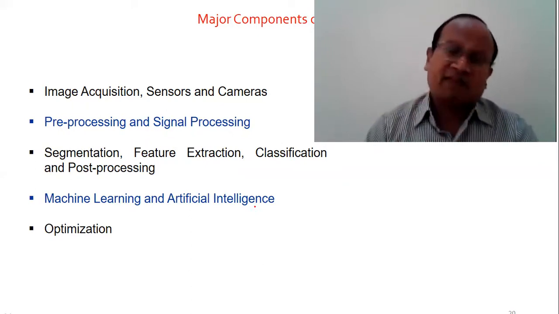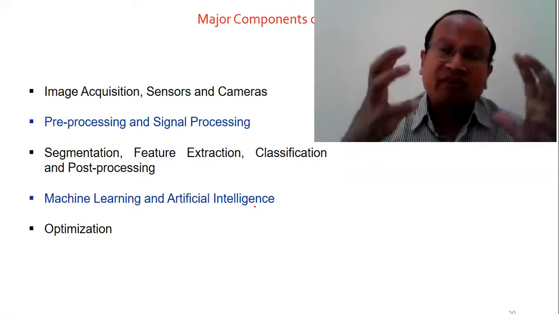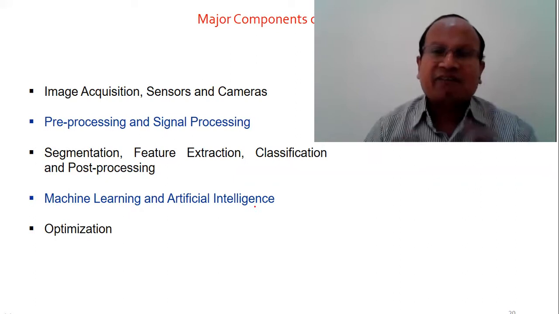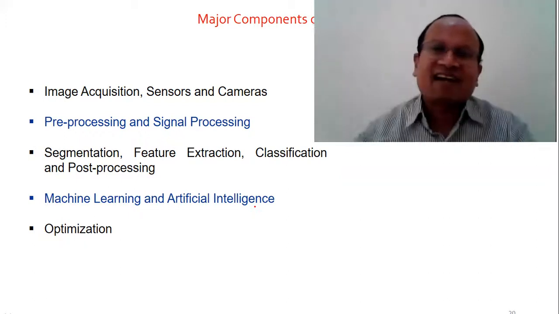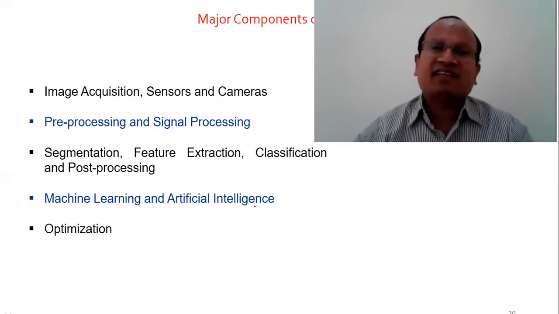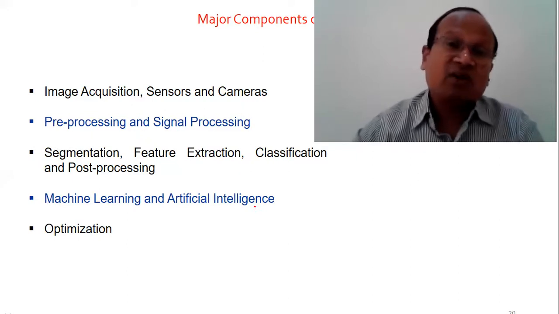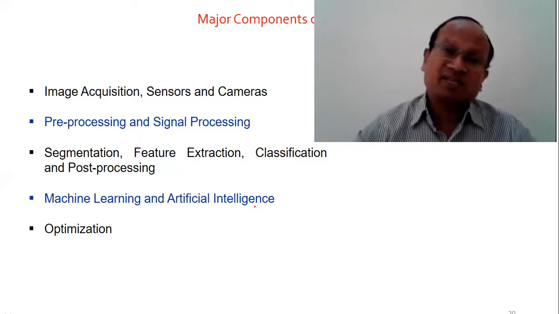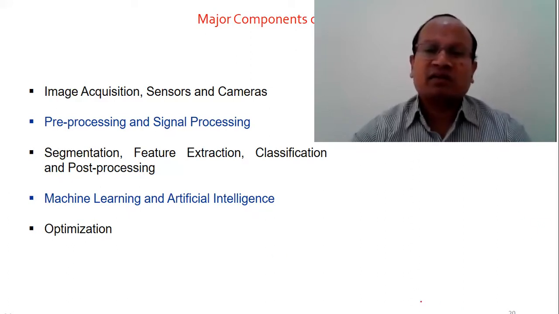Say in a brain-computer interface, we are analyzing EEG data. When we are capturing EEG data for a computer vision application in a brain-computer interface, there are a number of channels, a number of electrodes put over the scalp, the head. How many channels are appropriately required? That kind of feature selection and channel selection task involves optimization methods as well. So this is how we discussed in this lecture about computer vision, especially highlighting the major components.